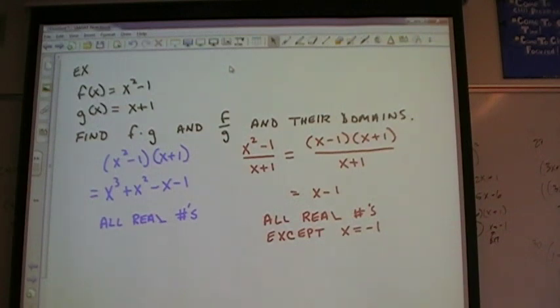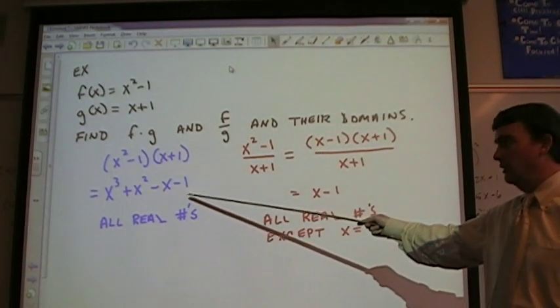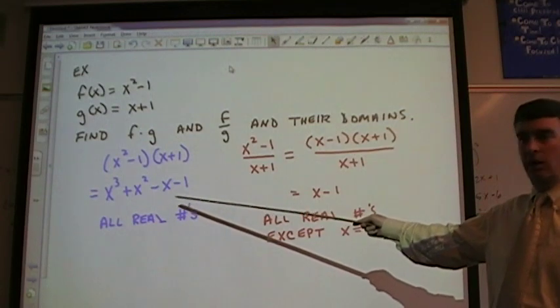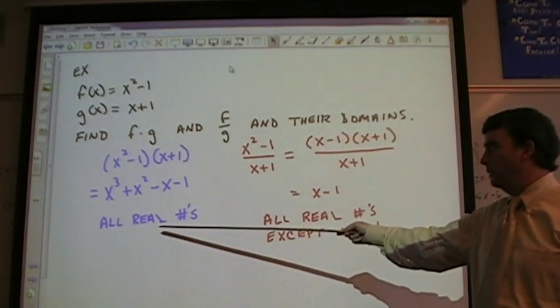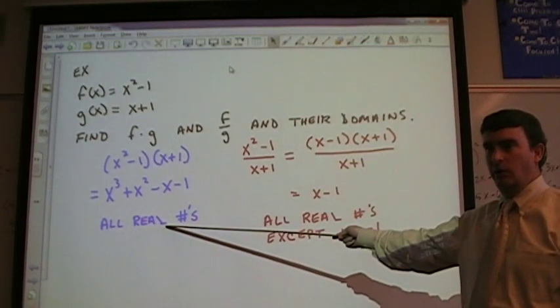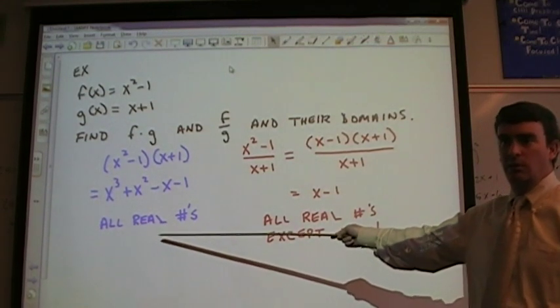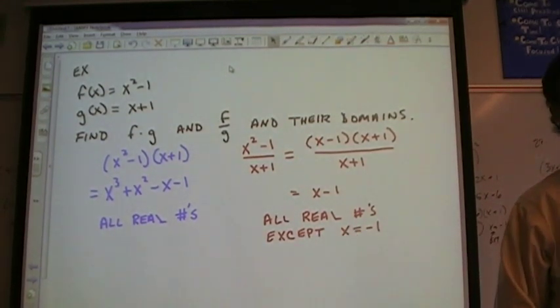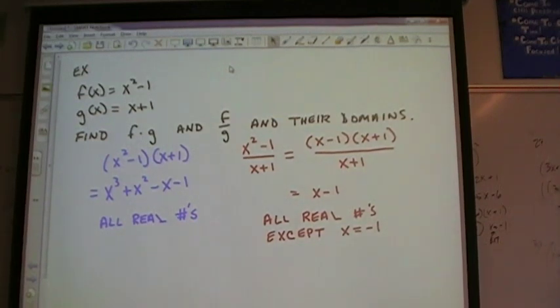We've already graphed some of these cubic functions, and you should know what they look like. If you don't, you can just type this straight into your calculator and get an idea of the shape it takes. From the graph, you should realize that it's all real numbers, because the curve continues into the negative axis and the positive axis. If you're ever unsure of what the graph is going to look like, type it into the calculator, and then you can figure out the domain easily. Over here,